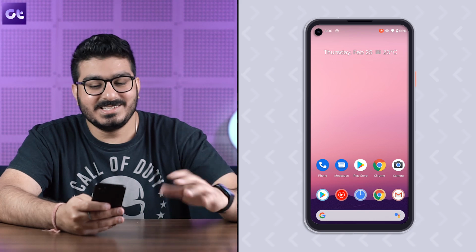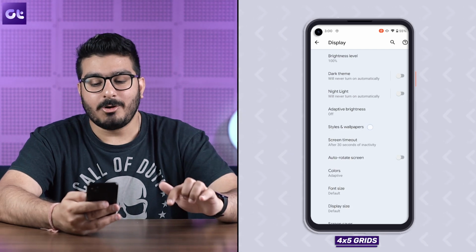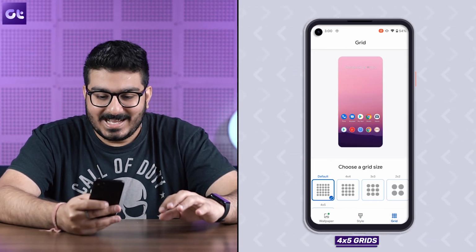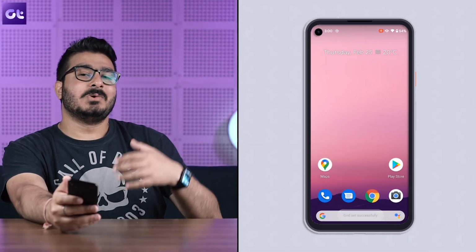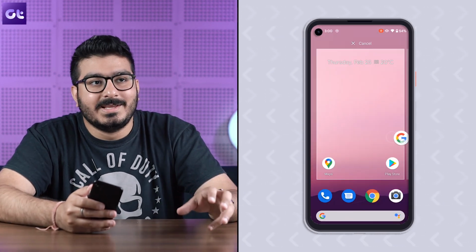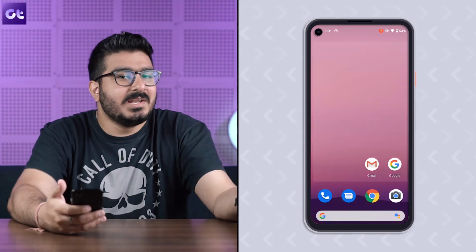Okay, now I personally have never been a fan of Pixel Launcher. I mean, yes, as good as it is, I personally just prefer using Nova Launcher considering I keep switching between different devices. So yeah, Nova Launcher is the way to go for me. But if you are a Pixel Launcher user, this is probably going to be a good feature for you. So just go into settings, display, styles and wallpapers, and now you'll have a new grid option for 4x5 grids. That is, well, something. I mean, it obviously lets you add more icons on your homepage without the homepage looking so cluttered or the icons shrinking a little bit too much. So yeah, it's a welcome change.